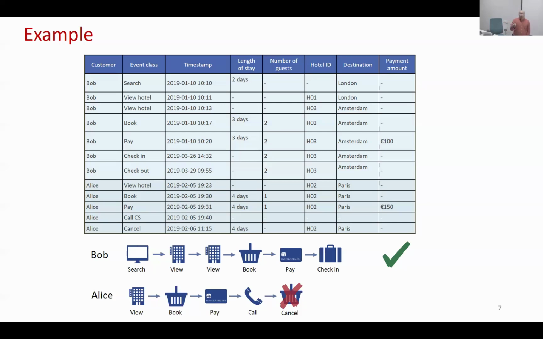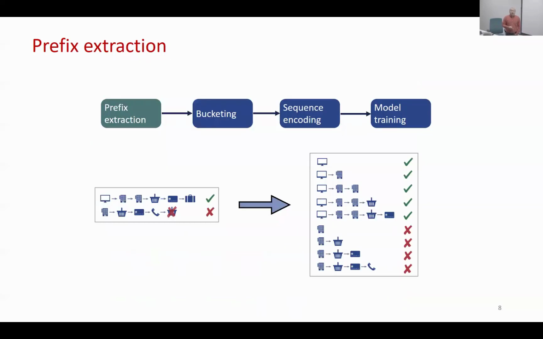I need to find out, based on the data I have in my database, which traces led to a positive outcome and which traces led to a negative outcome. Or if this was remaining time prediction, well, we need to figure out at what point in time each of these traces finish. Based on that, the first step is to extract a number of prefixes in order to train